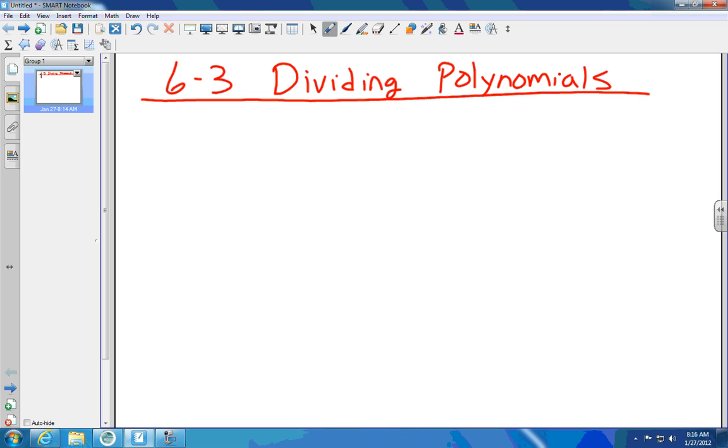6.3, there are two types of problems you're going to work in 6.3, both dealing with dividing. The first set of problems uses the rules that we learned in 6.1. Hopefully we learned in 6.1. For instance, when you multiply with the same base, what do you do with the exponents? You add. When you raise a power to a power, what do you do with the exponents? You multiply, and when you divide,